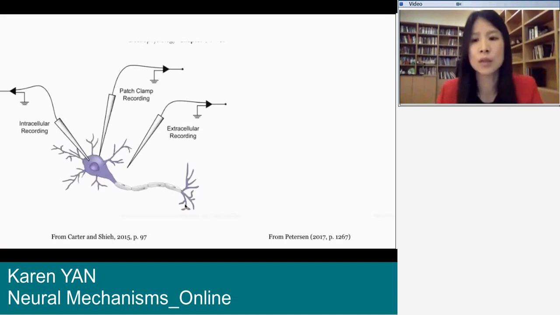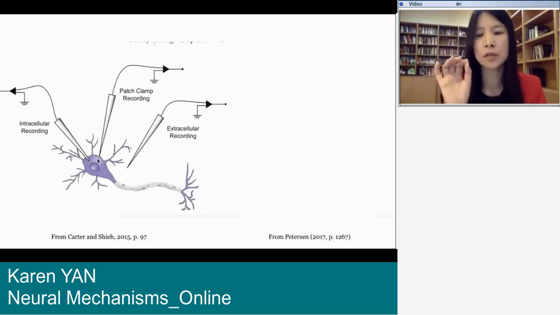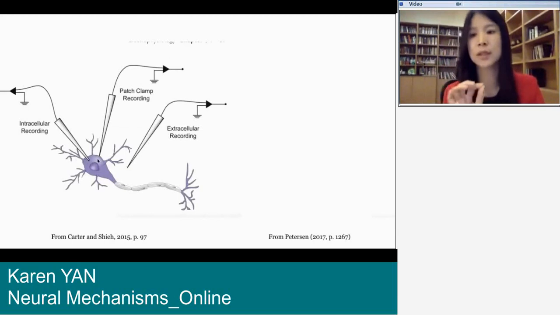So in order to record electric signals from a neuron, there are 3 ways you can do it. You can insert the electrode inside the cell body, or exactly on the membrane, or outside the cell body. And each way has its strengths and weaknesses. The Peterson team used this one, inserting exactly on the membrane. And the strength of this way of recording is that you get a very precise electrical signal, precise just from this neuron.